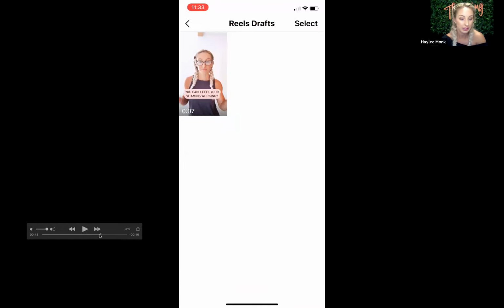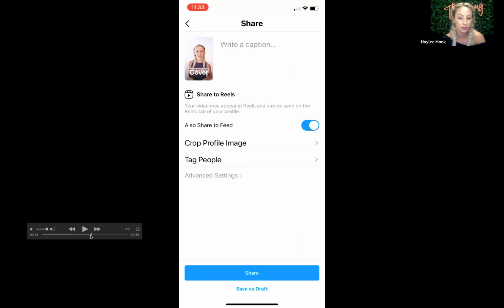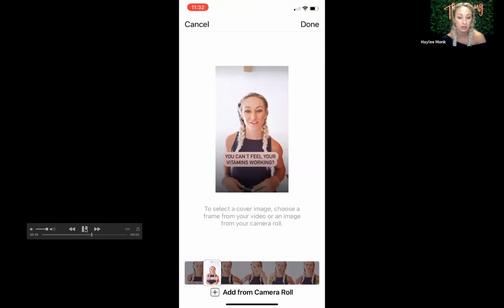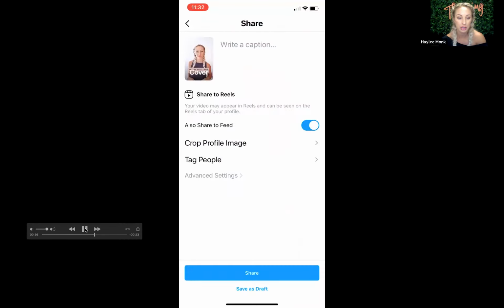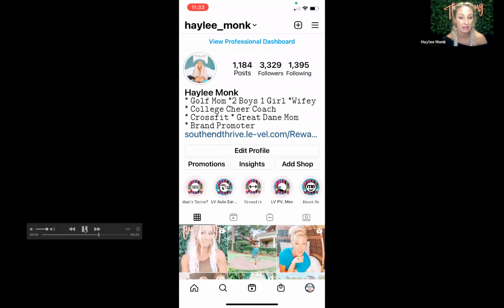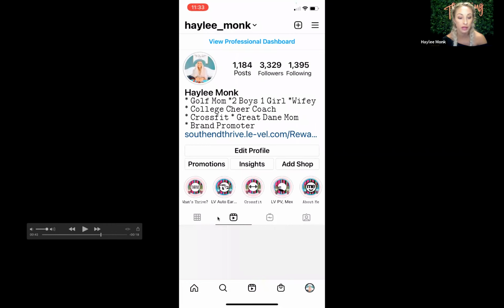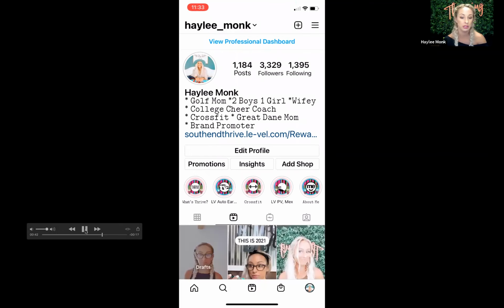Like I said, you're going to want to click save to drafts at the bottom, save as a draft, instead of sharing it immediately, because you want to boost your engagement before posting it. So this is your grid, your feed. When someone goes to your page, this is your Reels, Instagram TV, things you're tagged in. If you go to Reels,